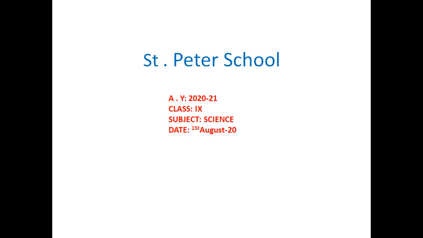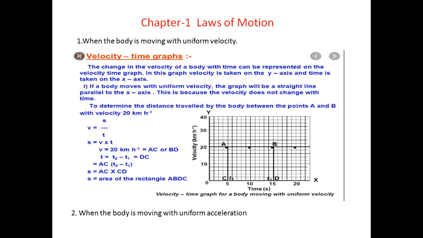First of all, on page number 6, in the last graph, you will see the velocity time graph for uniform velocity. In this motion the body is moving with a uniform velocity. So let's discuss that point. I have given you an example related to the one in your book. You can see the example in the video is the same as the example given in your book.